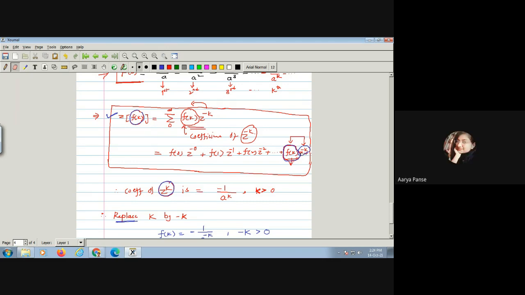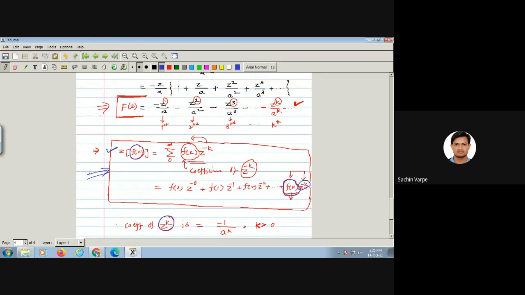And replacement will not make any change in this main function, this Z transform function. No, no, no, no. Why are we replacing? That should be clear. Because in the actual expansion, the coefficient is of z raised to minus k. Exactly, the coefficient is of z raised to minus k. But if you look at this, here all the powers of z are positive. So we are actually getting the coefficient of z raised to plus k, but we want the coefficient of z raised to minus k. That is why we are replacing k by minus k. Okay, sir. Is the point clear now? Yes, sir.